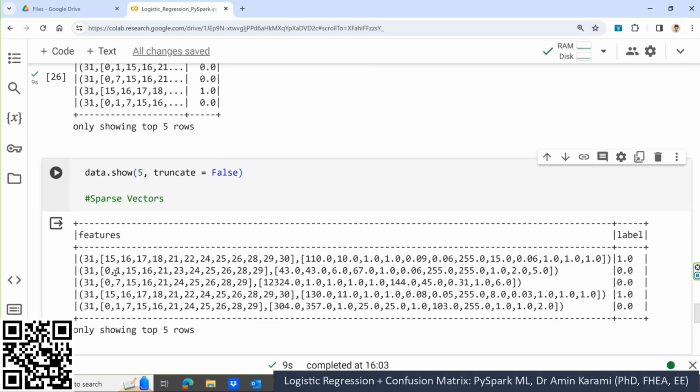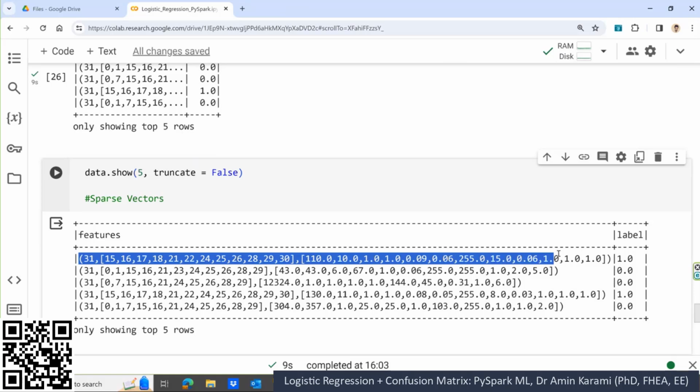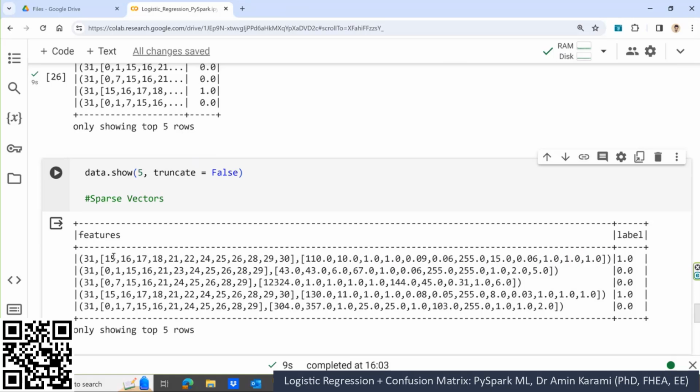So for instance, for the first record that picked up, just these indexes are not zero, and these are the values. For this row, these are the indexes where the values are not zero, and the rest are going to be